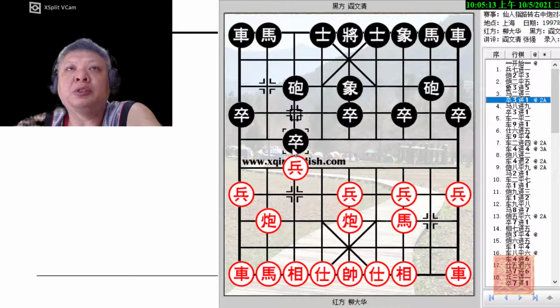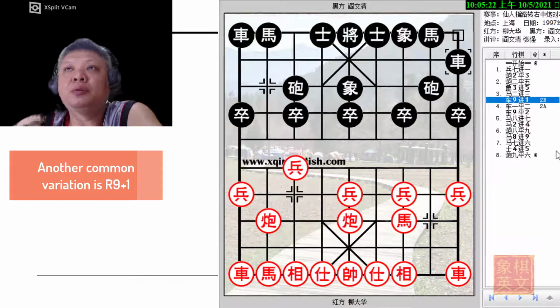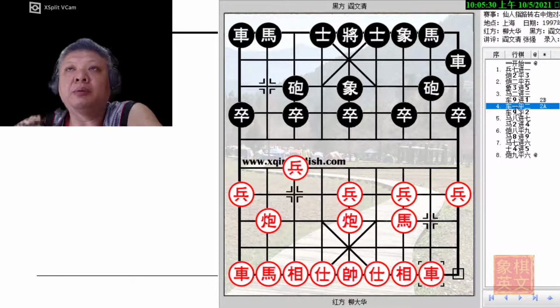This was an attempt by black to try to lead the situation on the board into a very complicated situation. Another commonly played move would be to play r9 plus 1, and red could usually counter with r1 equals 2 or c5 plus 4. If r1 equals 2 were played,